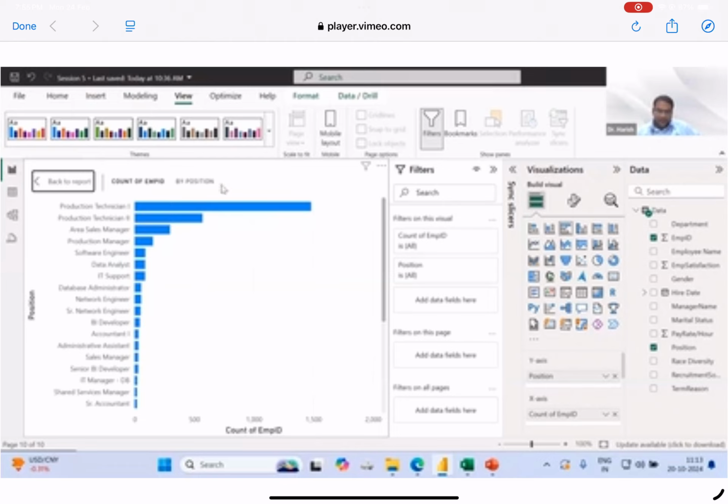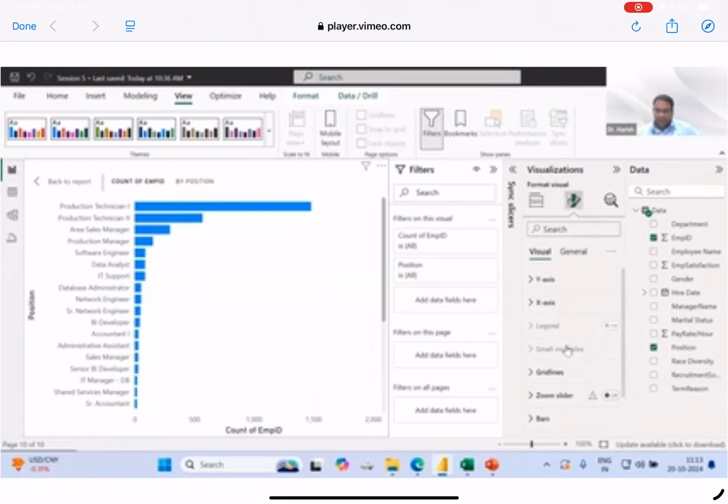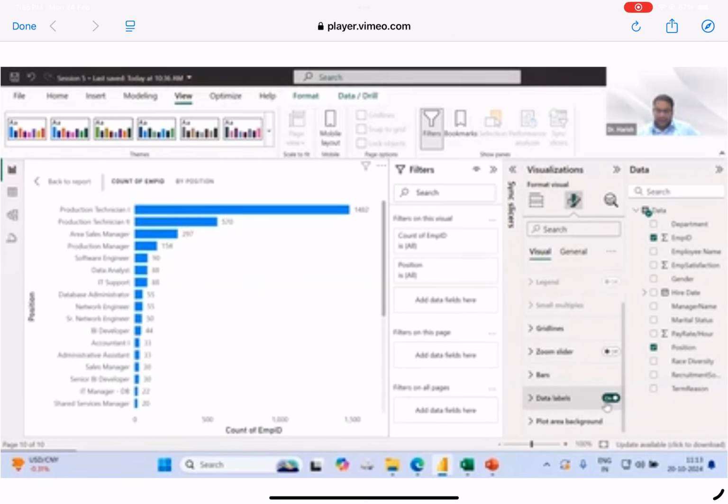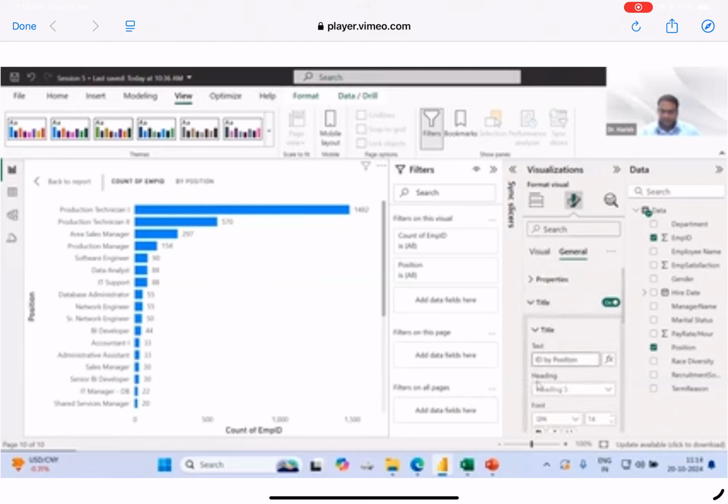Now, if I click on this format, turn the data labels on, and change the title also, the title should look good: position-wise